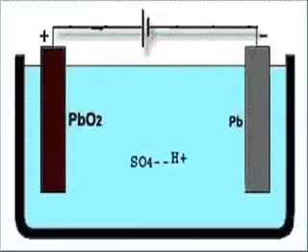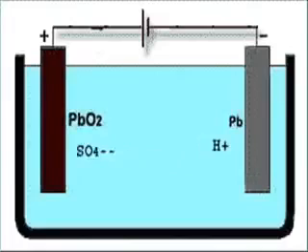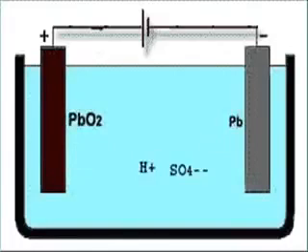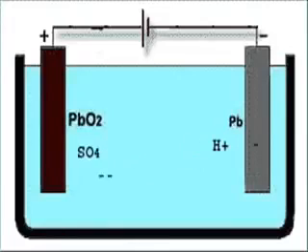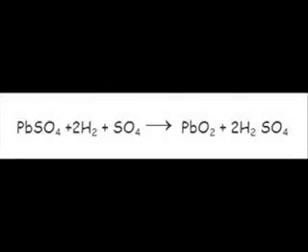Negative sulfate ions move towards the electrode connected with the positive terminal of the DC source, where they give up their extra electrons and become radical sulfate. This radical sulfate reacts with the lead sulfate of the anode and forms lead peroxide and sulfuric acid. Hence, by charging, the lead-acid storage